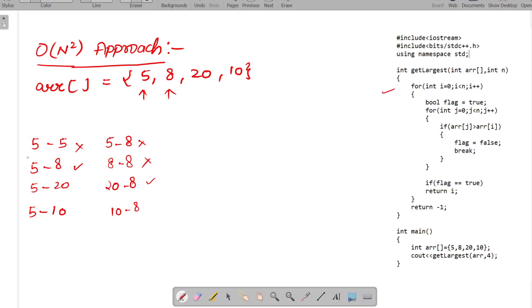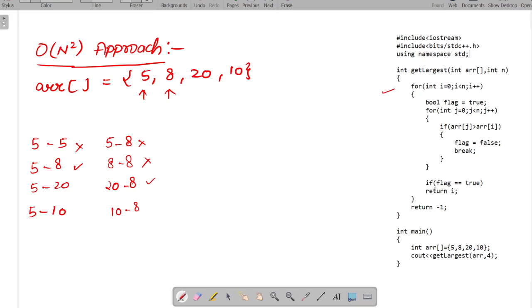So all the 5s belong to the first for loop, and these 5, 8, 20, 10 belong to the second for loop. When we reach the condition, if array of j is greater than array of i, array of j is 8 and array of i is 5, so 8 is greater than 5, and this condition is true. So we will set the value of flag as false and break the loop.